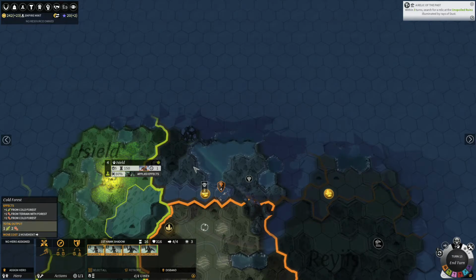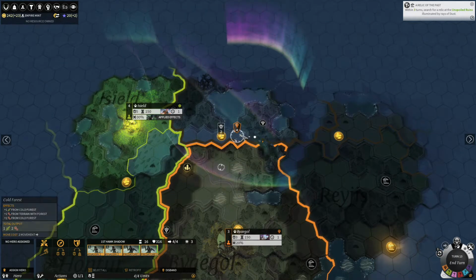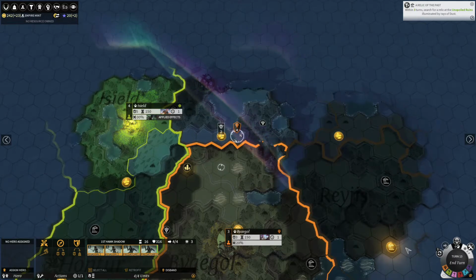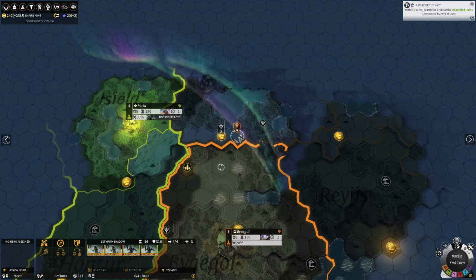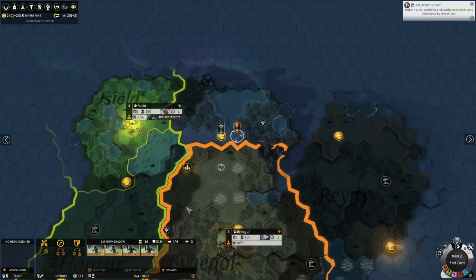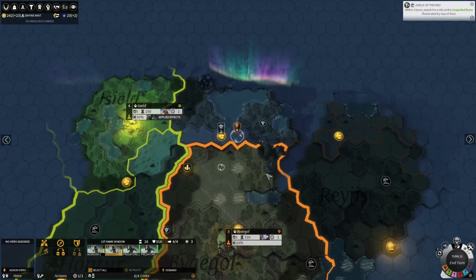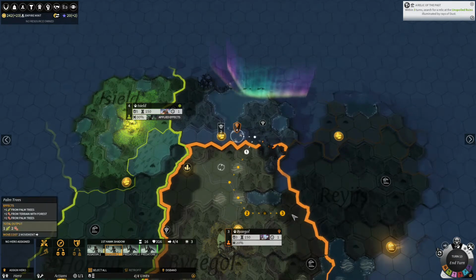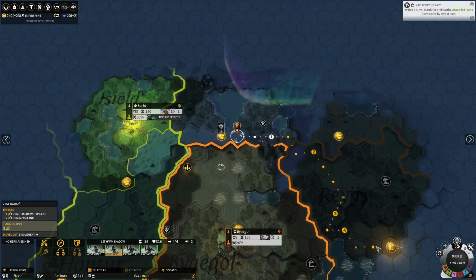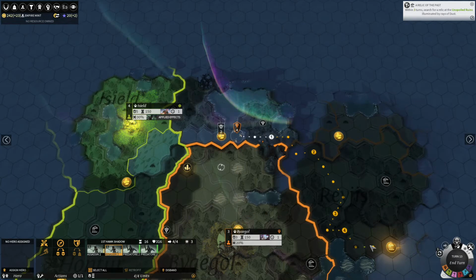One thing we could do is split off one of our characters to head up this way on the next turn, or on this turn, actually. We only need one person to make it to this ruin. Let's go ahead and keep the healthier ones together. Let's split off this guy. And let's see here. Yeah, I'm not going to be able to get there because this was blocked. So now getting here...